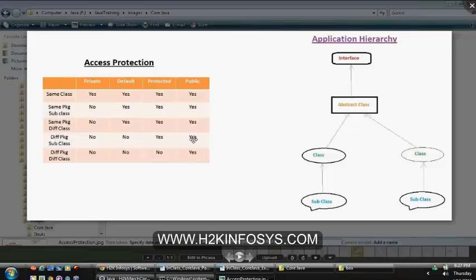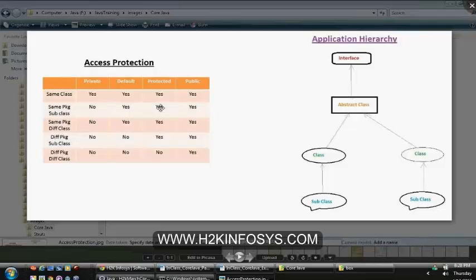But a public member is accessible at any level: within the same package, outside the package, and within subclasses in the same package or a different package. With respect to protected, the only restriction is that you can access the protected member within any subclass, whether the subclass is in the same package or in a different package.